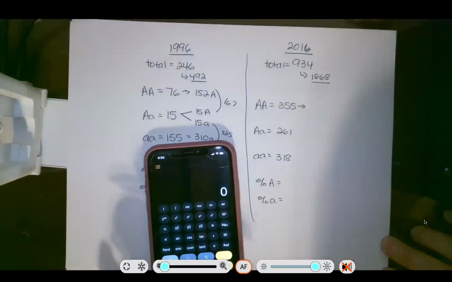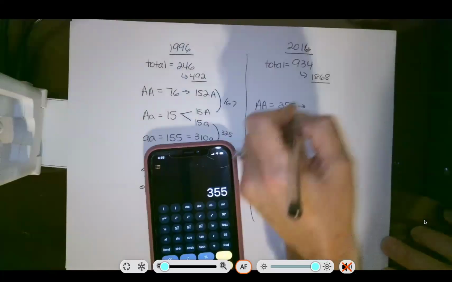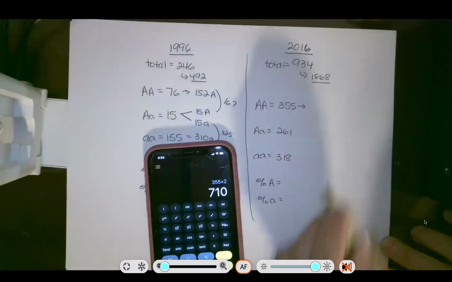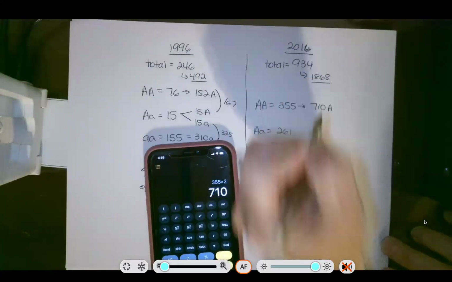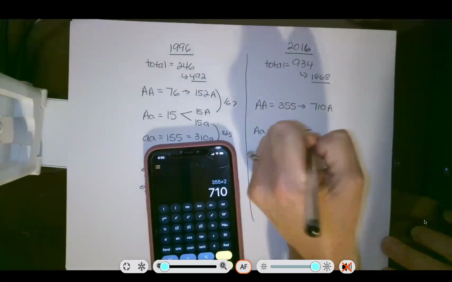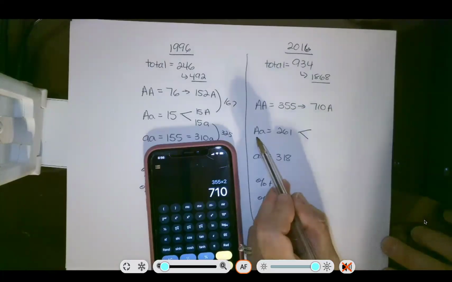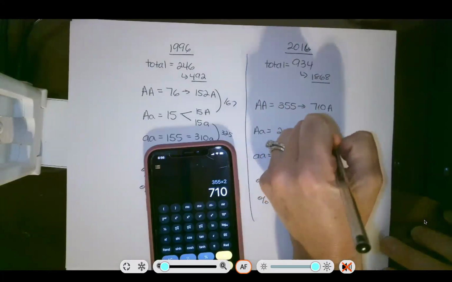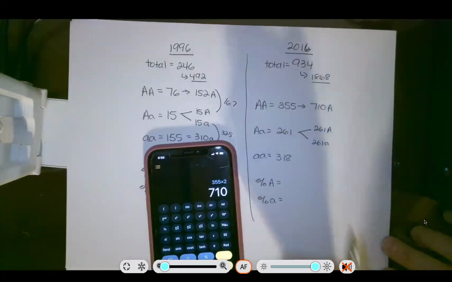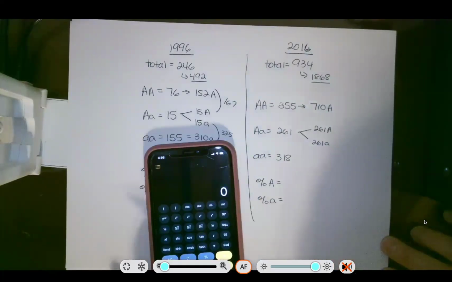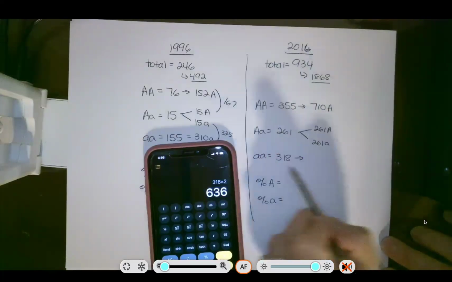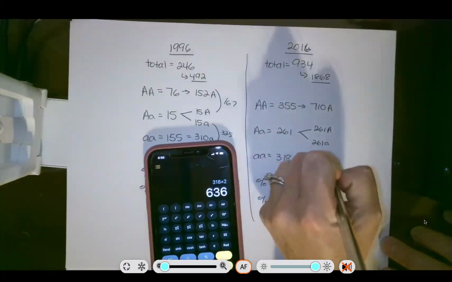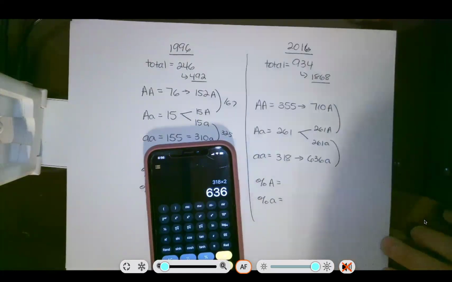All right, these 355 squirrels have two big A's each. So I'm going to multiply that times 2, and that is 710 big A. These 261 squirrels have a big A and a little a, so that's 261 big A's, 261 little a's. And then these 318 down here each have two little a's, so that is 636 little a's in those squirrels, whatever. I think I said squirrels. All right, so